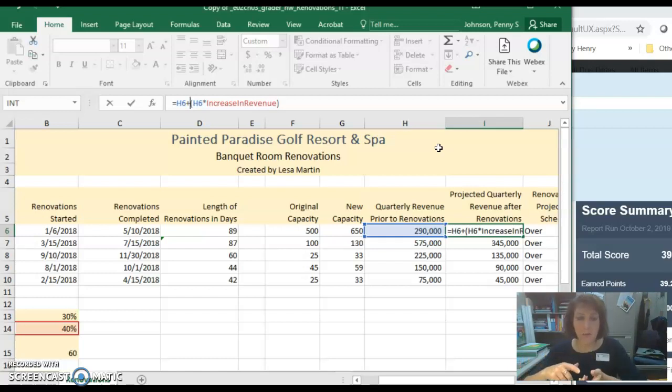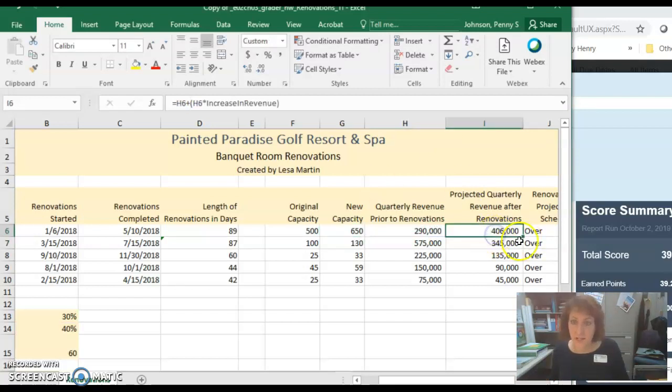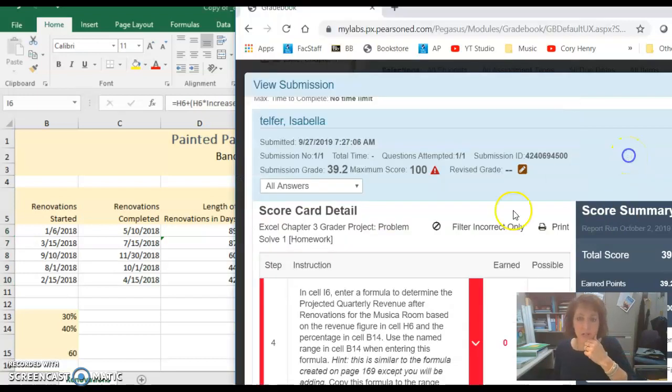And then also I just want to mention that you did the exact right thing here. Instead of using the absolute reference, you used the name. So perfect on that one. I'm going to go ahead and hit enter to accept that change, and then I'm going to autofill it down the way. And then one thing I want to mention is that as you're making these corrections, don't forget that